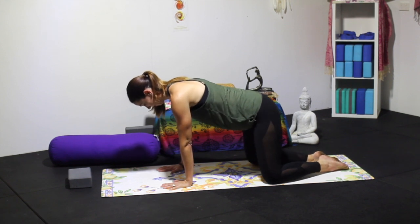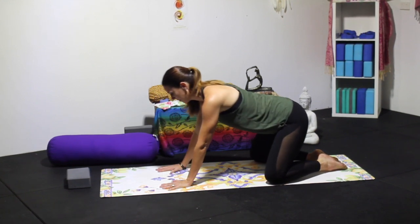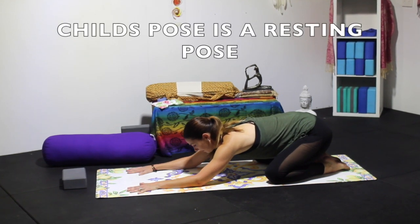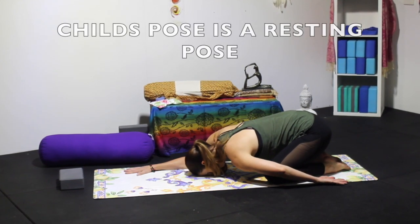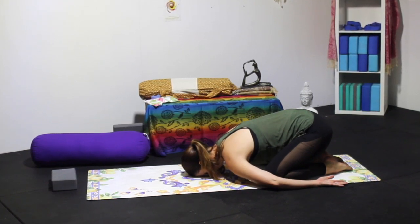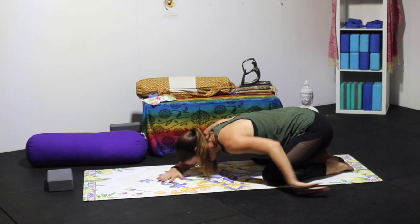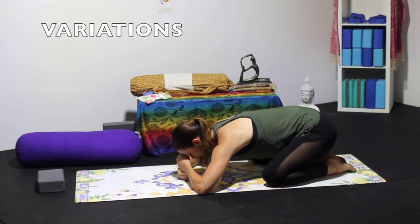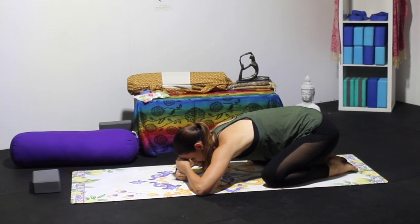Balasana, or child's pose. Our goal for this pose is to bring the sitting bones to the heels and the forehead to the floor. To do so, many muscles have to lengthen: the extensors of the spine, the glutes, the piriformis, and other rotators. Variations include widening of the knees, stacking the hands,